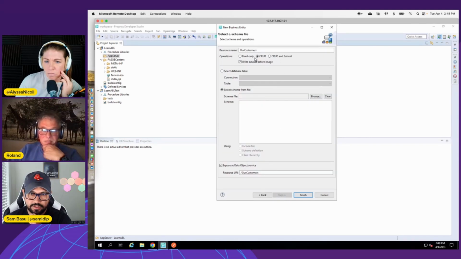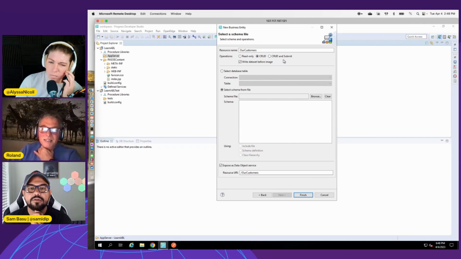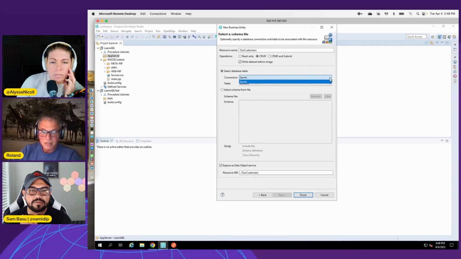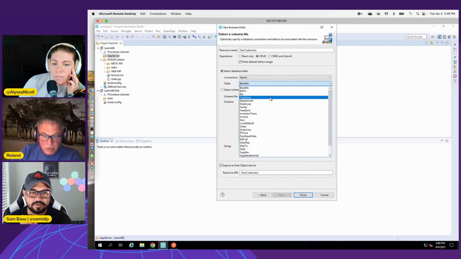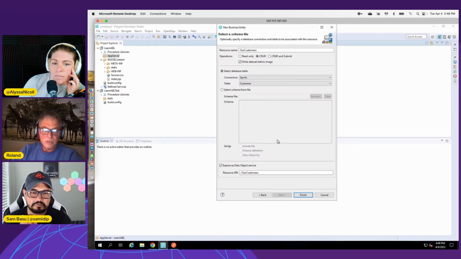Look at that. This is nice. Yeah. So it will generate the operations for you, so the CRUD operations, and then you select the database table. We only got the sports database connected, and then you choose customer. And what it will do is it will generate